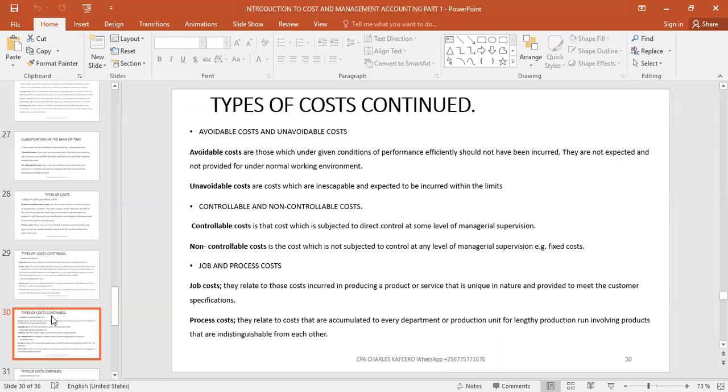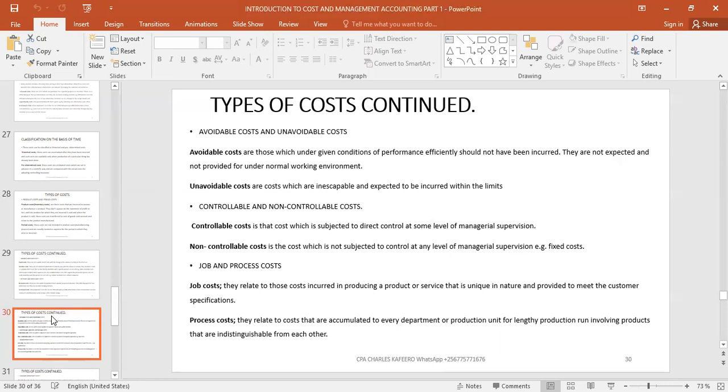So to the extent that when the customer comes with his or her specifications, you just employ whatever is there to make sure you deliver the customer's order. Meaning, when you are dealing with a job, it's a specific item and you do it as per the customer's